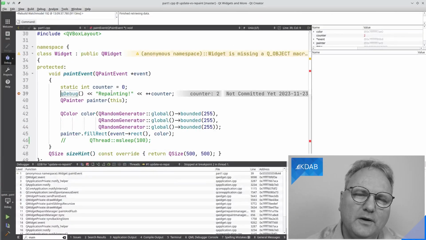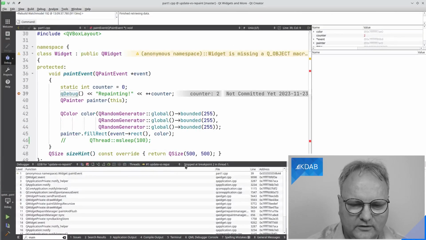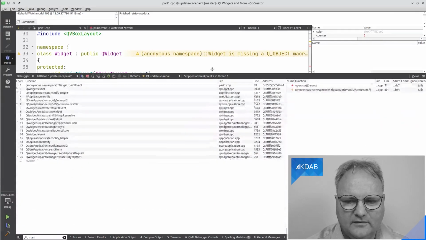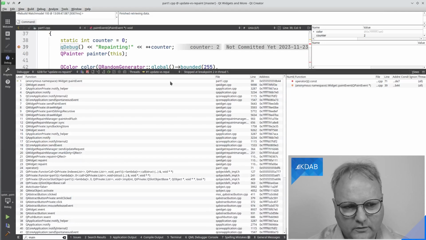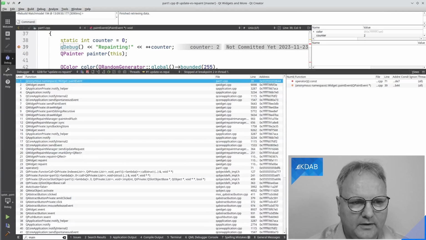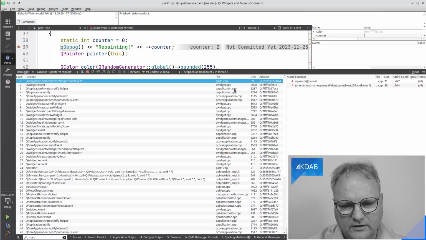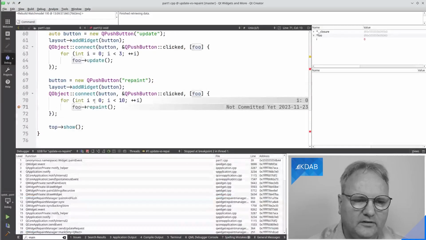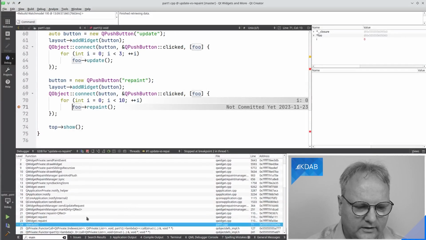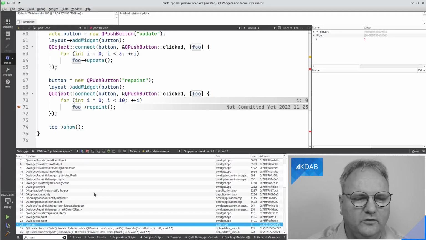And now I hit the breakpoint for repainting. What I'd like you to see here, let me just make this slightly bigger. I'm in the repaint method here, and we can see the backtrace, lots and lots of stuff going on. But if I go all the way up here to stack frame number 24, that was actually where I called repaint. So it's just a regular function call going on down there. Let's walk a bit down, just so we can get a feel for what it looks like.